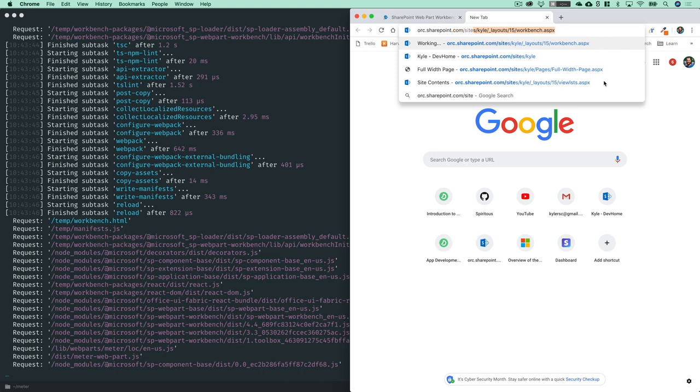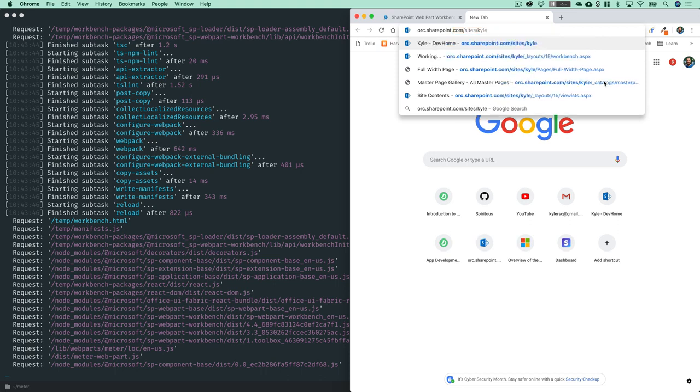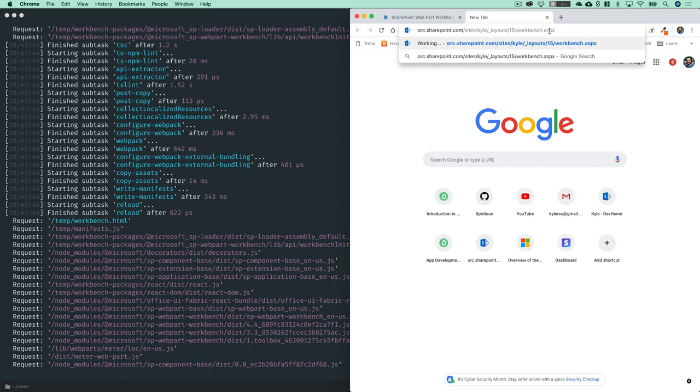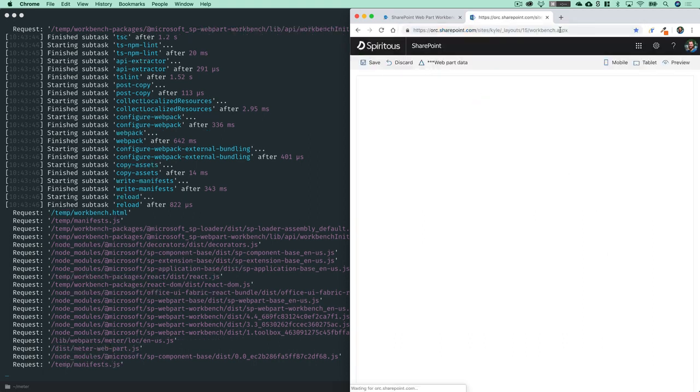And I have a site collection at sites/Kyle. And then on the end of your site collection web address, you can add _layouts/15/workbench.aspx. This is a special URL that is available on all SharePoint Online tenants. And this URL, once you launch it,